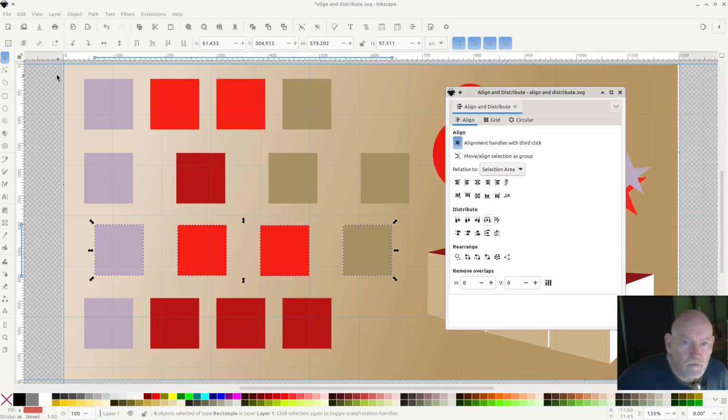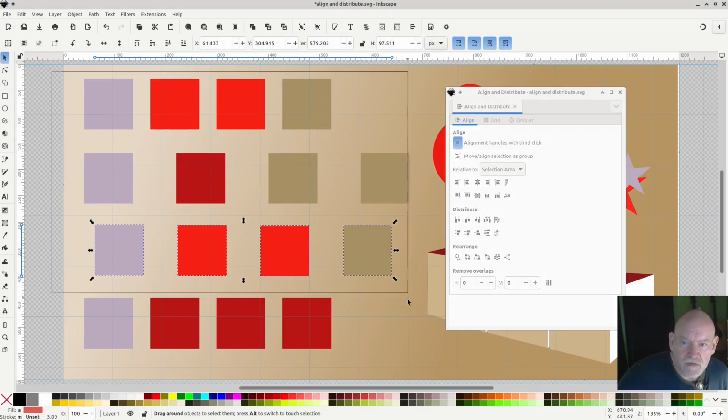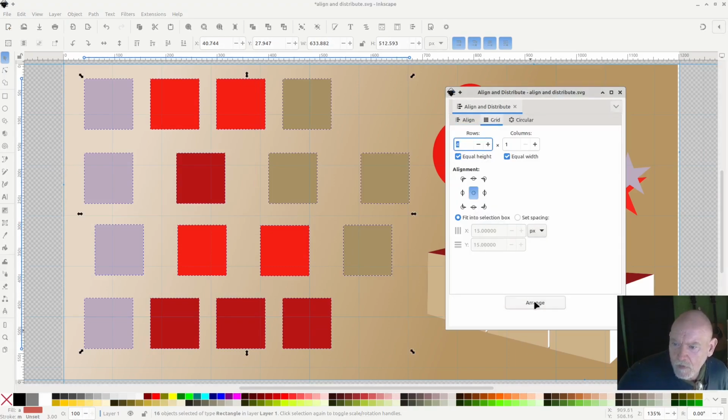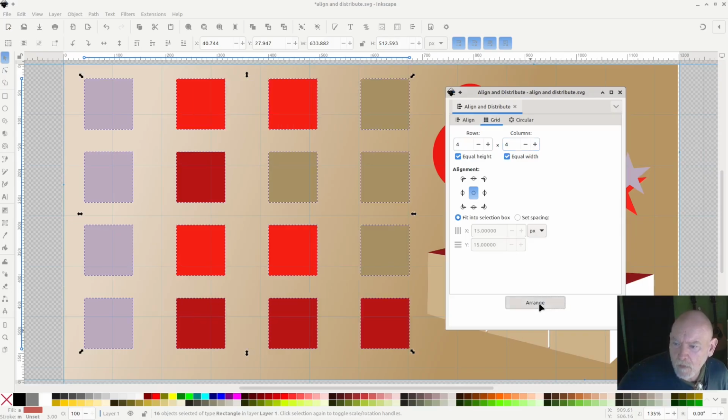If I wanted to fix that, I could then select all of these objects, go into grid, and choose arrange for 4 by 4. And now you can see that because my first object and my fourth object in line was wider than the previous grid, it has used the edges of those first and fourth objects in order to define the size of